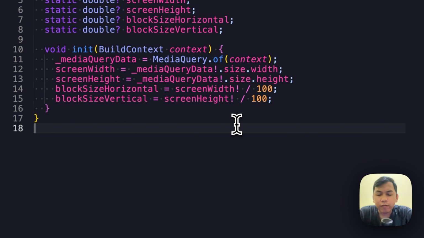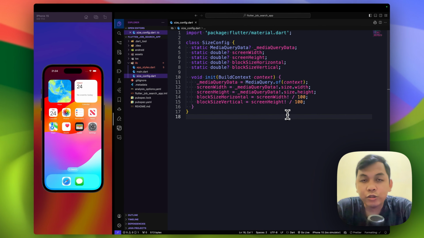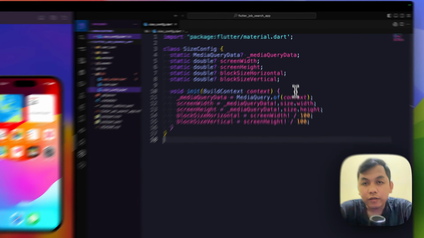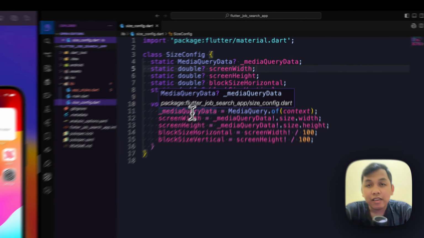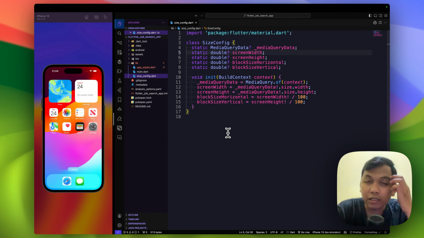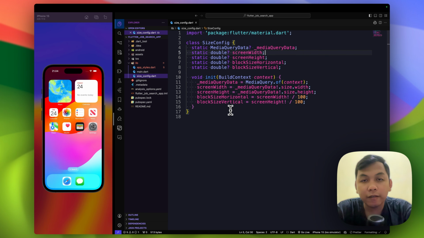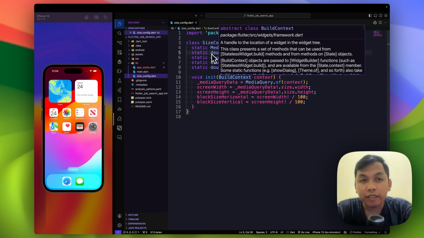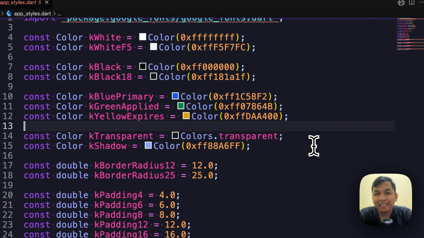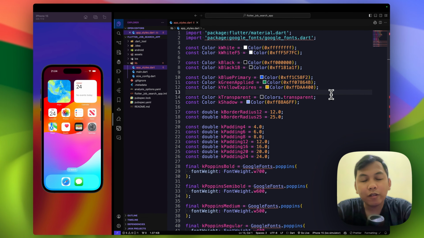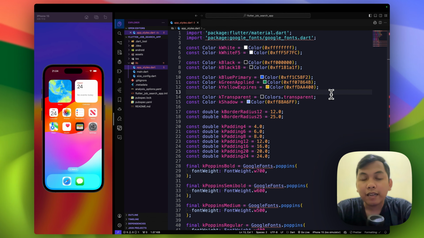This is so we don't need to write the same thing again and again. We can just call screen width, screen height, or block size horizontal or block size vertical. And app style here contains styling for our app, like color, which is this constant white